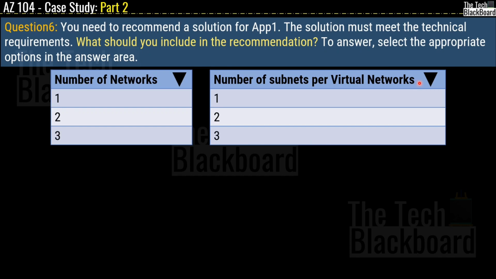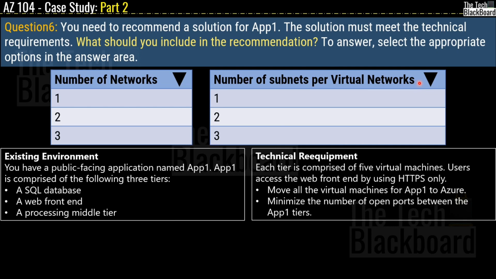Do you actually still remember the technical requirements? In case you don't, please go back to the section of technical requirements and read them once again very carefully. But for now, to ease out your work, here are the requirements that we are talking about. In existing requirement, we are trying to fulfill this one, which says that you have a public facing application named app1, which is also given in the question here. Then it says that app 1 is comprised of the following 3 tiers. The 3 tiers we are given with is SQL database, a web front end, and then we have a processing